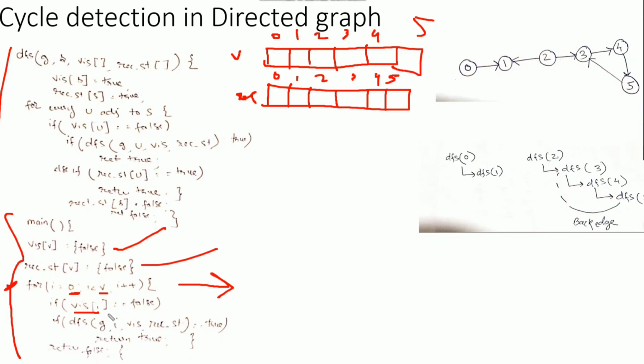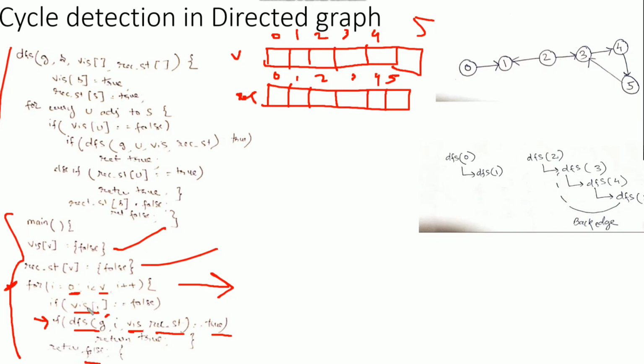If visited of 0 is false, and yes it is, I will call the DFS function, passing the graph, the starting vertex 0, the visited array and the recursion stack. If this DFS function returns true, I'll print true, otherwise I'll print false.